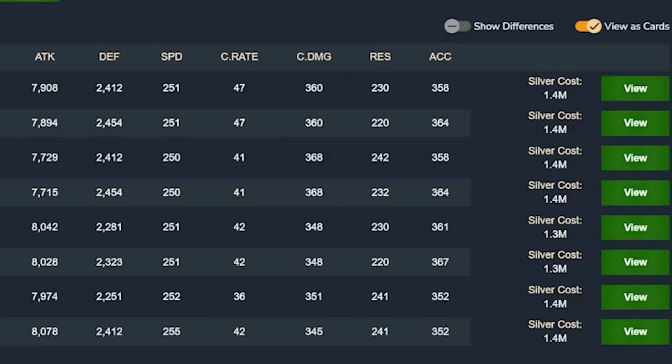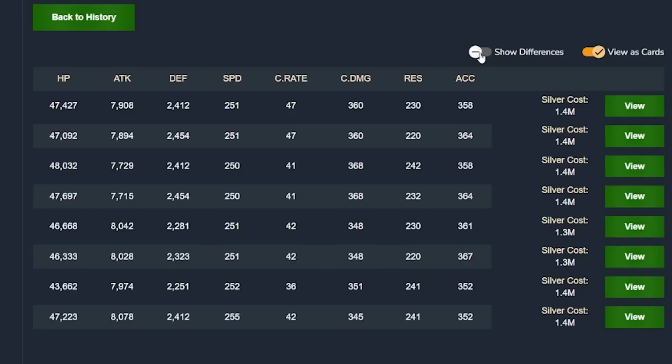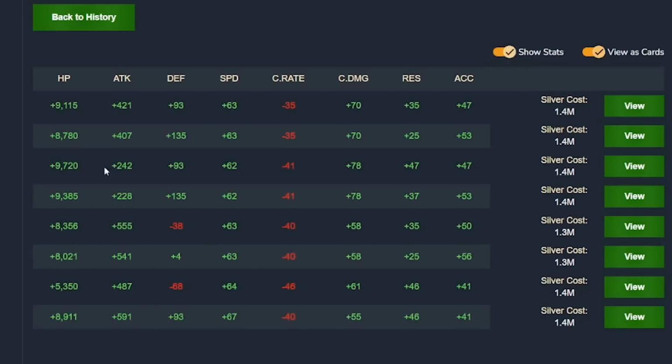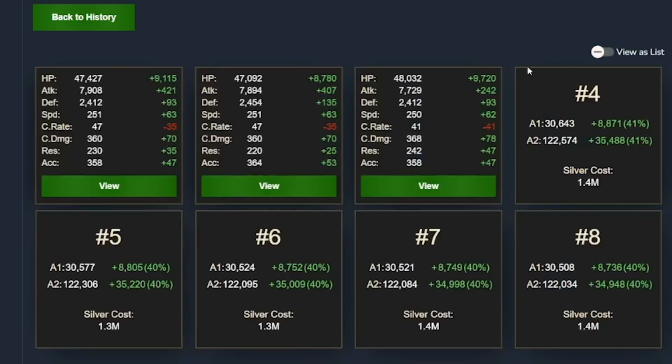A new feature that SAF's added in is a silver cost to change your gear based on the build. Yeah, another new feature that SAF's added in, by the way, you can hit show differences and you'll see pluses and minuses here for the builds. But yeah, you can go into the cards and...